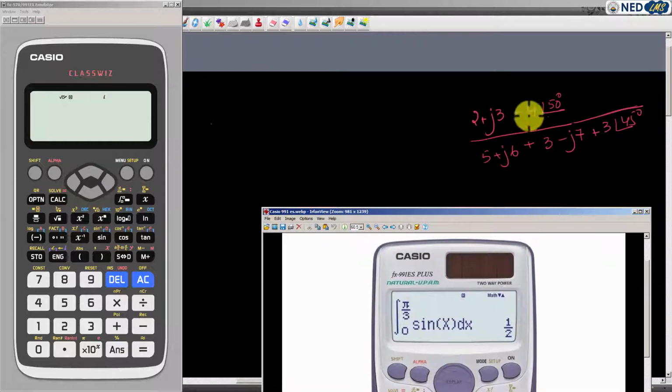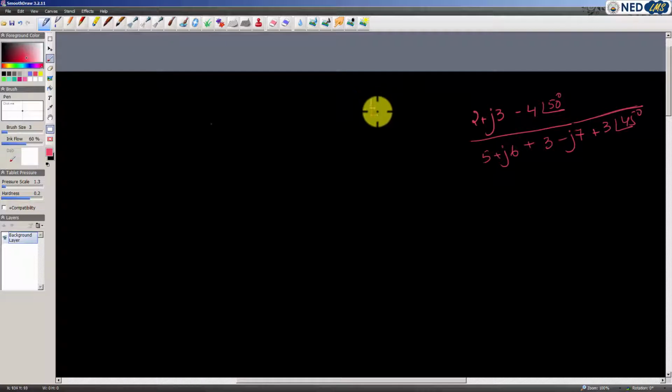The first thing you need to consider is that if we have a minus sign next to a complex number which is represented in polar form, like this 4 angle 50 degrees, I'm talking about this number here, this is the magnitude. The magnitude is never negative. So if you are going to press a minus sign right next to it, always use brackets. So I'm going to use brackets here. I'm going to demonstrate what's going to happen if you